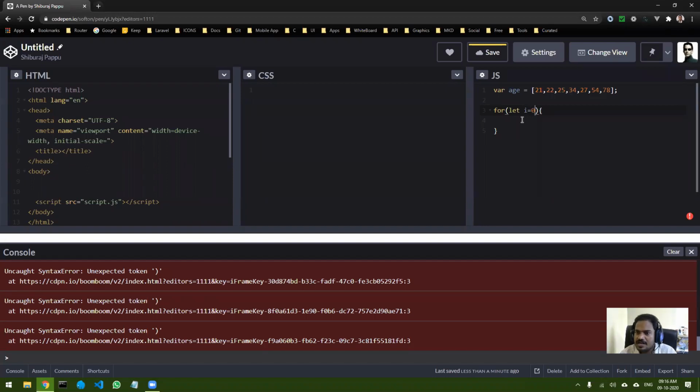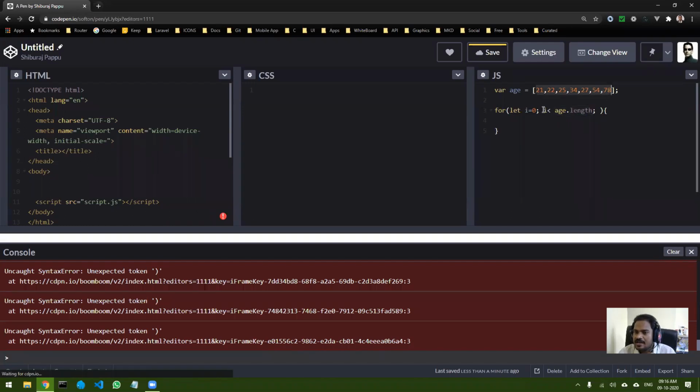Okay, so I will start from 0, then the condition. Okay, so I want to print till the length of the array. So I can get it from age dot length, right? So I can simply write this statement, i less than age dot length. Okay, and you already know this is 7, right? Because there are 7 elements.